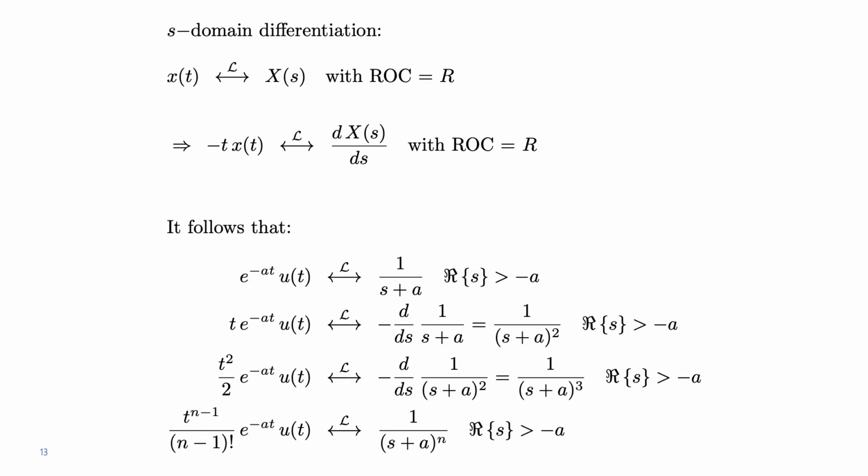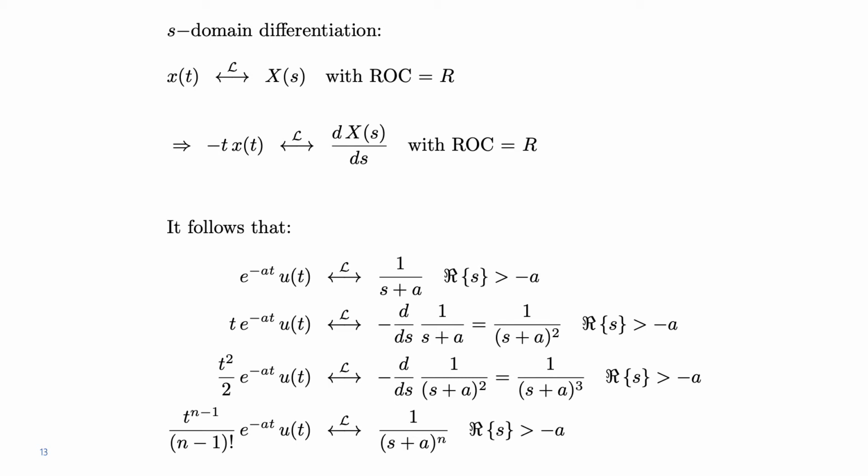So we already know that if we have 1 over s plus a, and in particular with a region of convergence real part of s larger than minus a, so in this case a right half plane, then the anti-transform of that is e to minus at u of t. We have encountered this many times by now in our examples. But what about the second order? What if we had a second order term at the denominator of such a fraction?